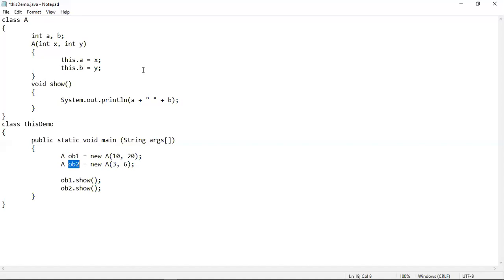So here we can say that the use of this keyword is redundant, because even if you do not use this keyword before the instance variables here, then also the program will work fine. And if you use this keyword before the two instance variables, then also it will give you the same output. So let me execute the program to show you that using this keyword before the two instance variables in this program will give you the same output as the one which was written by me just a bit before without using this keyword.